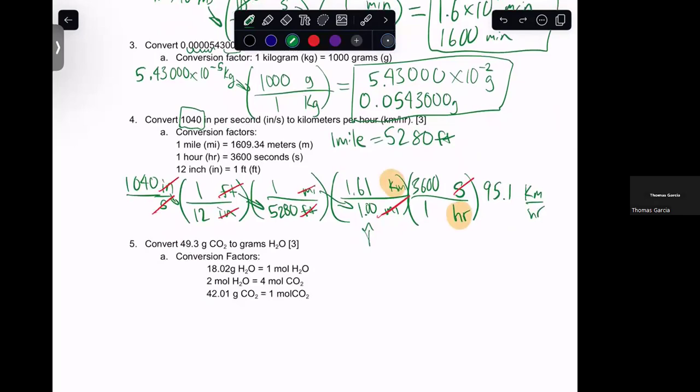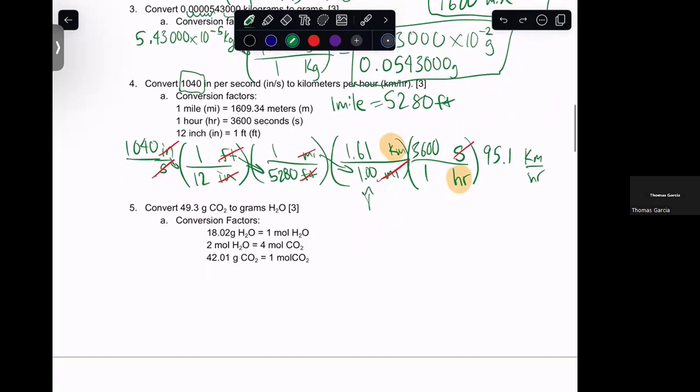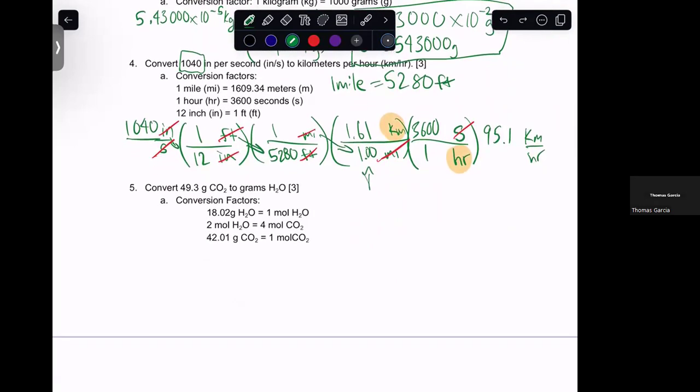Now, number 5. 49.3 grams of carbon dioxide, 2 grams of water. Now, here's the thing. This uses real conversions, but we don't actually need to know those conversions or where they come from at this point. We just need to know how to plug in our conversion factors. So I'm going to start with 49.3 grams CO2. I want to go to grams of water. So you might ask, well, how do I go there? Well, I'm going to look at my conversions. I see that grams of CO2 can only go to moles of CO2. So I'm going to go mole on top,